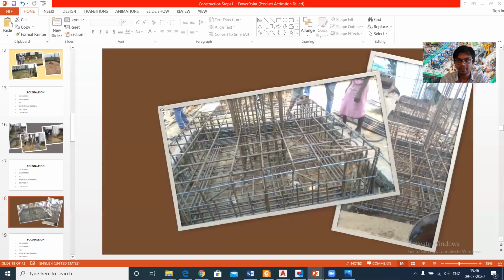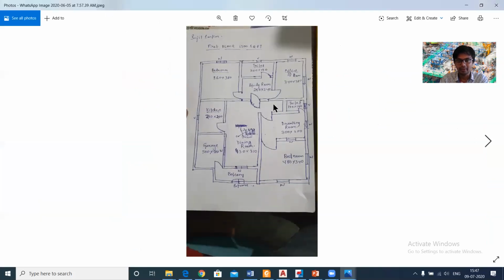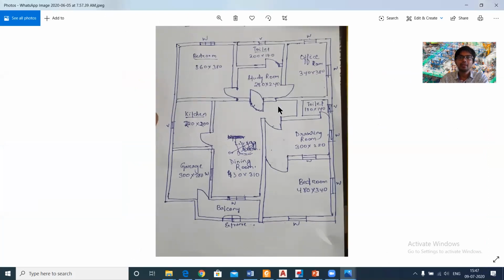I had told you how to send me the brief rough sketch of your building on a plain piece of paper, and then upload it into the group like this. You all are staying at your home now, or in a hostel or anywhere. You can just make a rough sketch of your building plan. So what is the advantage of this?